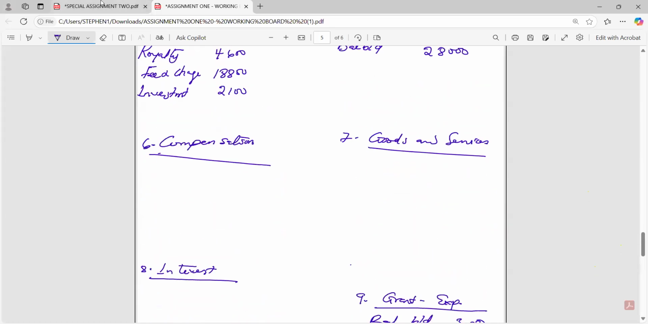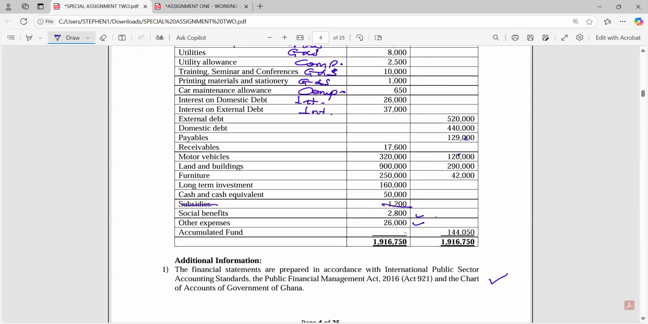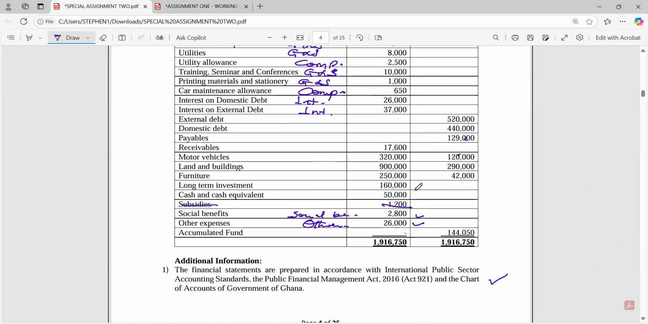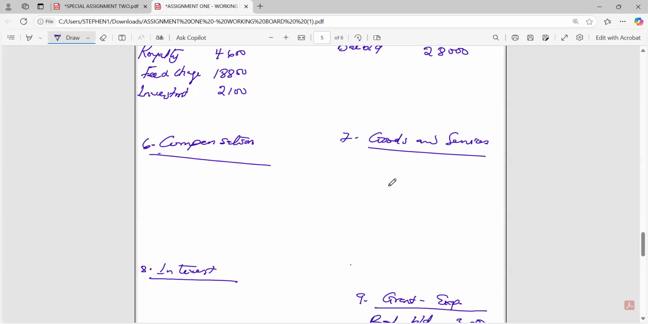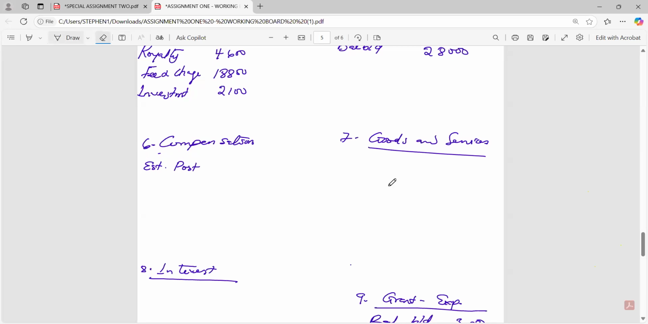Are you okay? Good. So now after I finish all my posting, obviously this will go to social benefits. This will go to other expenses. So let us quickly post the expenses. It's not that much. So when you go to compensation, we have established post. Established post compensation, which is